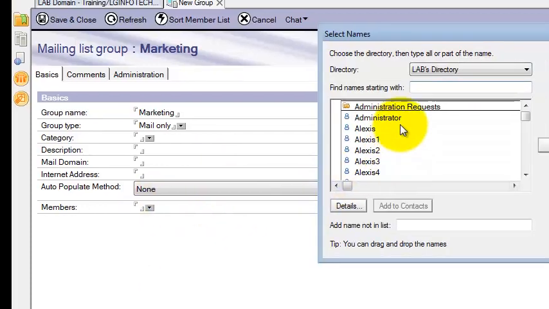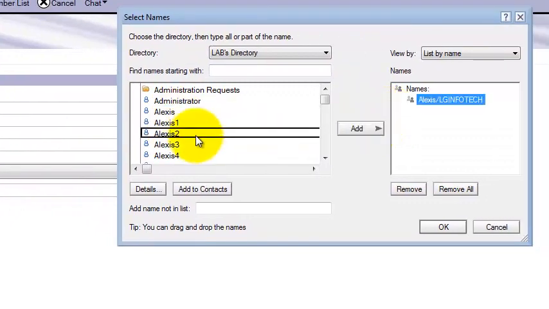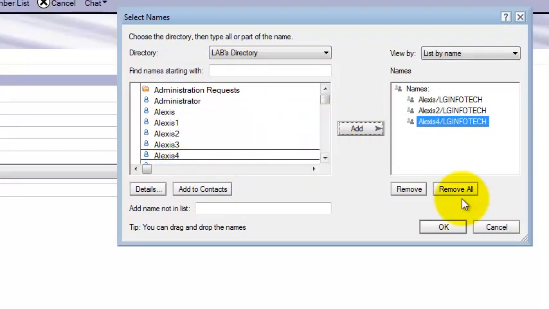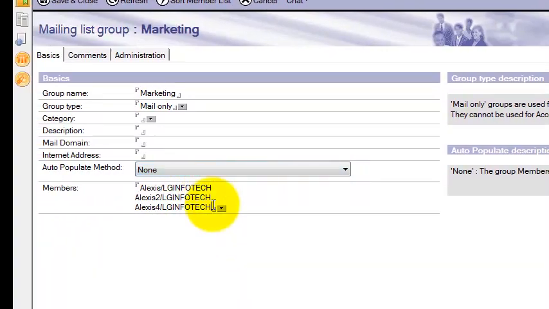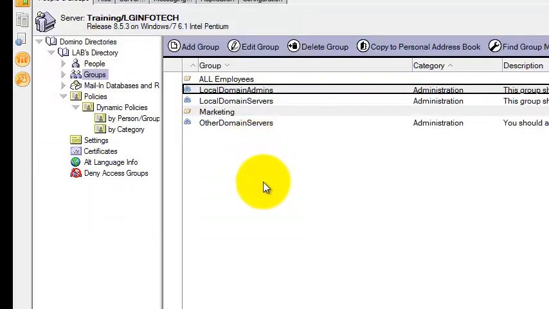You can add the members by selecting here. This is how you add the people. If you have more people and the field size is increasing beyond 15K, then you can add another group, called a nested group. You can add this group name into that group. So this is how you create the groups. Click on Save and Close.